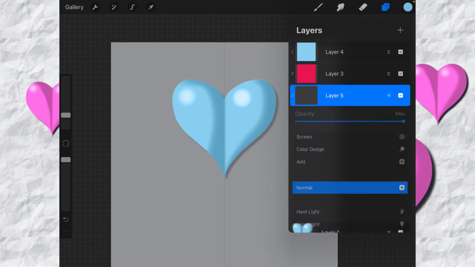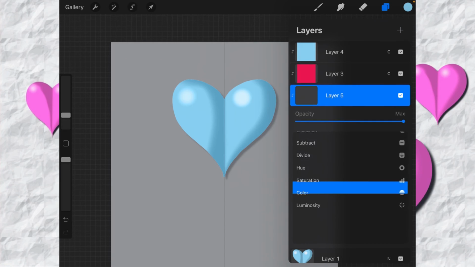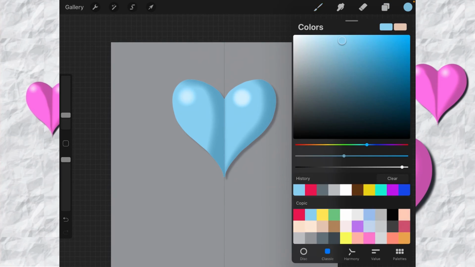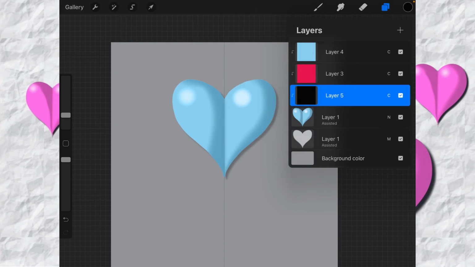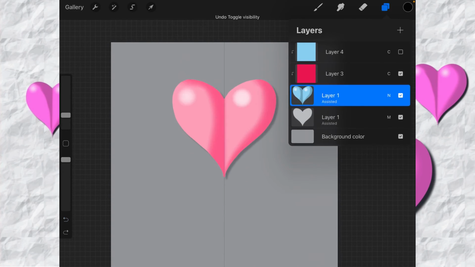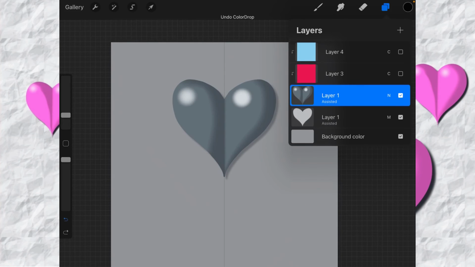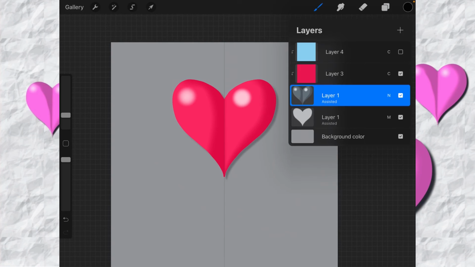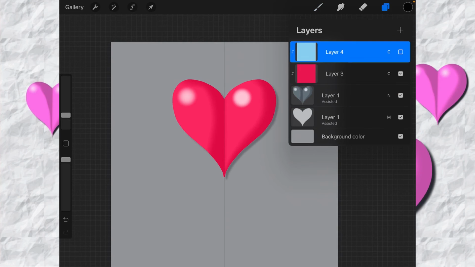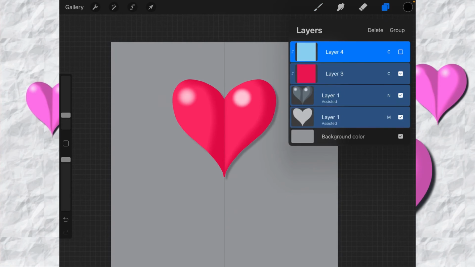You can add a layer, make it color, and then fill that in with either black or white. And what that does is it turns it into a black and white picture. I'm going to undo all that because I've already got black and white. And there we go. Now if we group all these together,